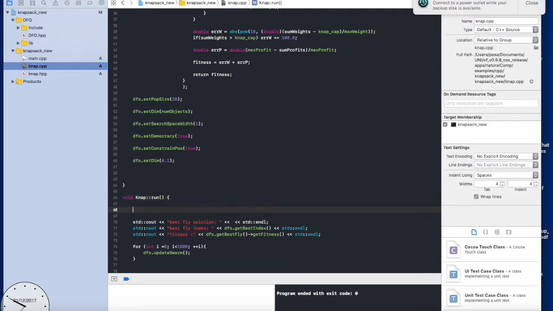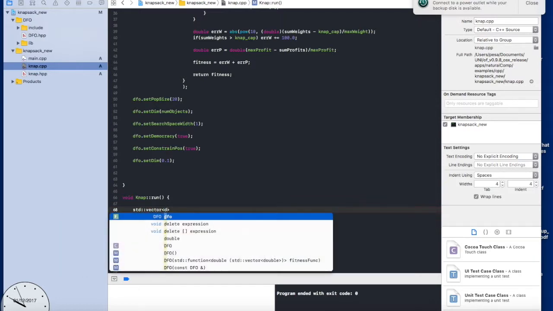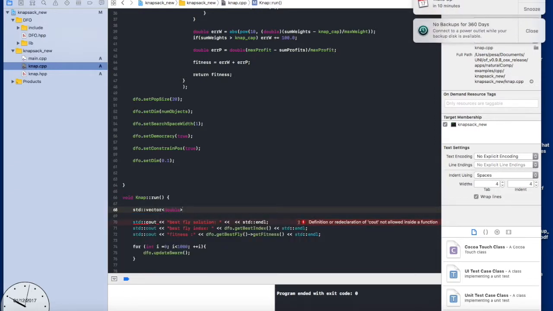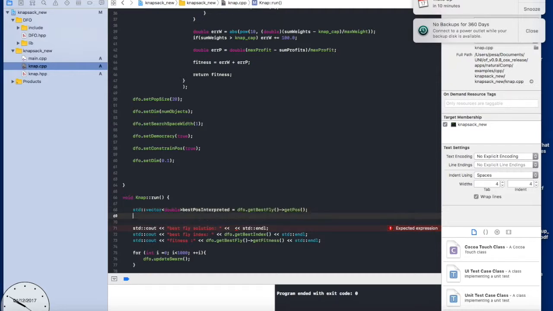What I'm gonna do is I'm going to create a new vector. Okay, standard vector, and it's gonna be a vector of doubles because we want to have the same as the position, the solution vector of the fly, and let's call it best pose interpreted, and I'm going to say this is going to be equals to this, and then